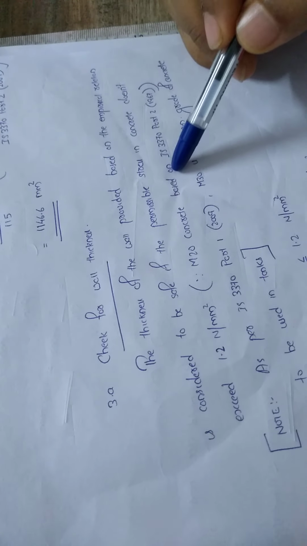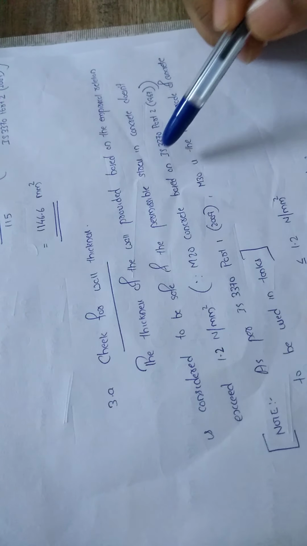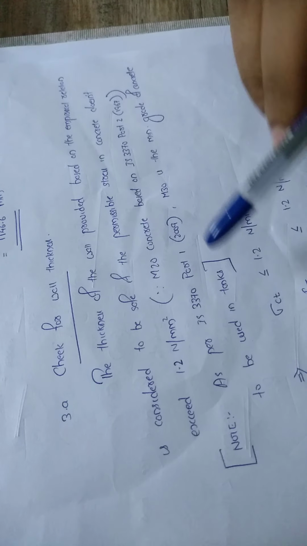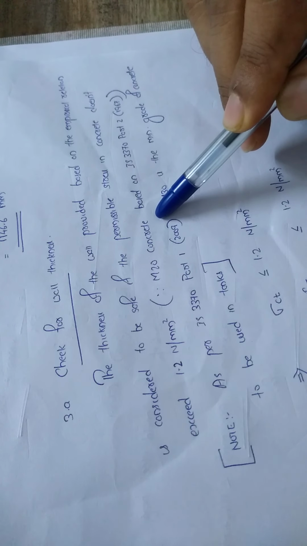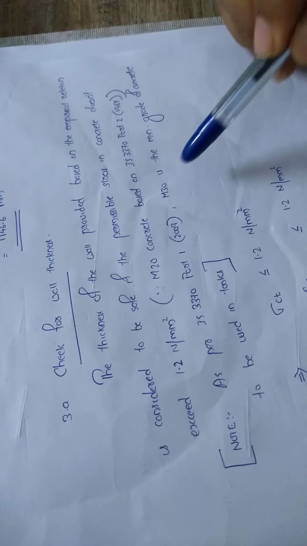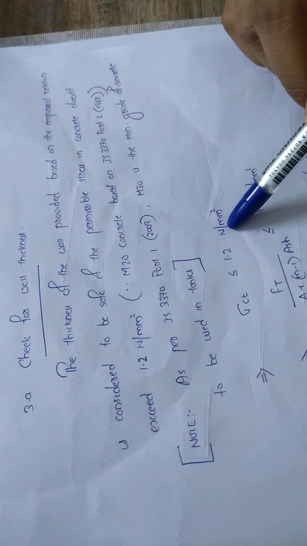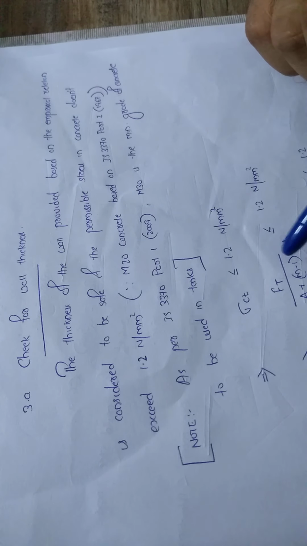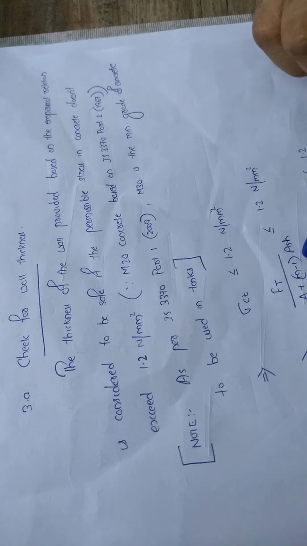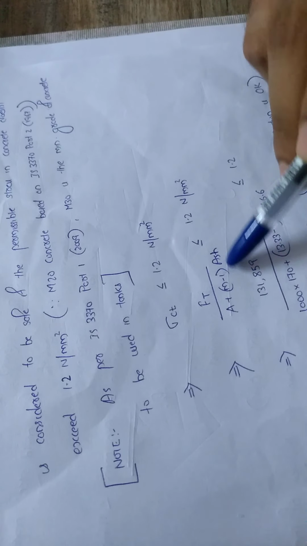We have to see whether it is okay considering the permissible tensile stress in concrete, whether it is exceeding or not. So here it is 1.2 for M20 concrete, but you have to note that the minimum grade of concrete is specified as M30 from 2009 onwards. Okay, so for sigma CT, we are just checking the tensile stress in concrete by the formula Ft divided by A,